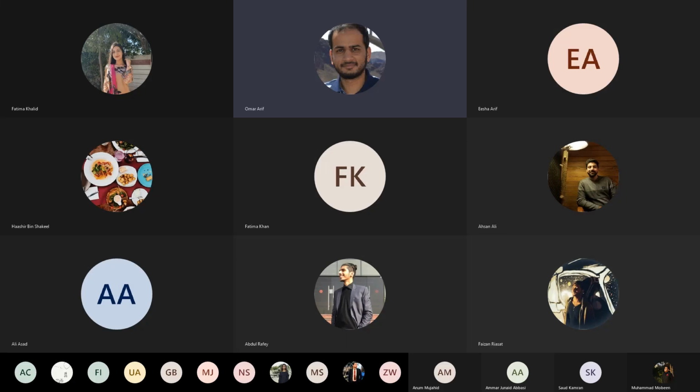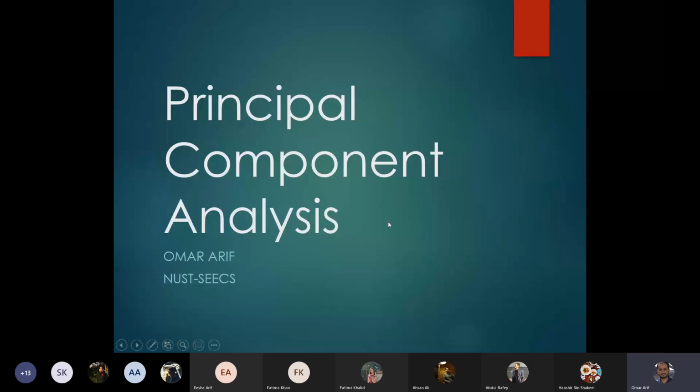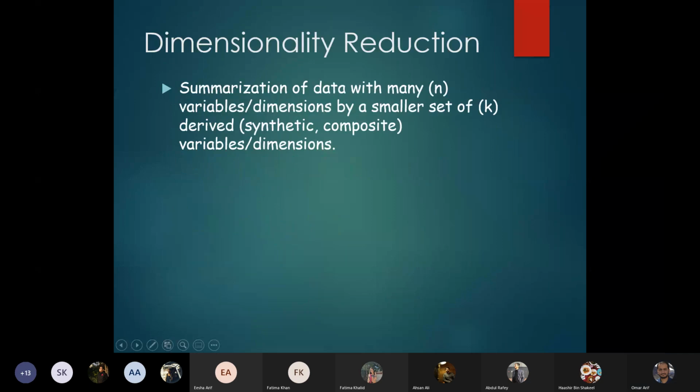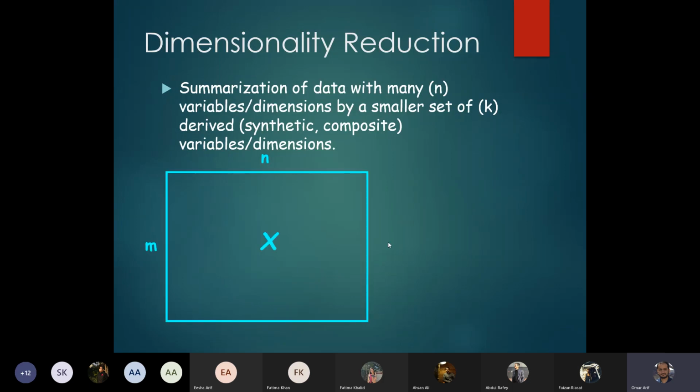Principal component analysis is an unsupervised technique, and the objective of PCA is dimensionality reduction. Basically, we are provided with dataset X, which consists of